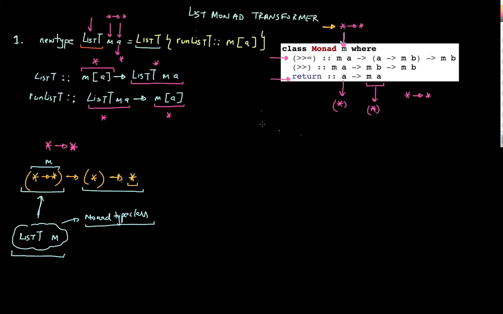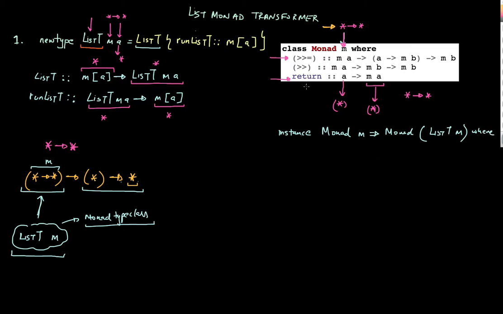In order to do that, let's just go ahead and write some Haskell code here. So I'm going to say instance, and I'm going to put a constraint here. The constraint being that the m that I'm going to use must be a monad. And let's create an instance of my Monad type class, and this is going to be ListT m,